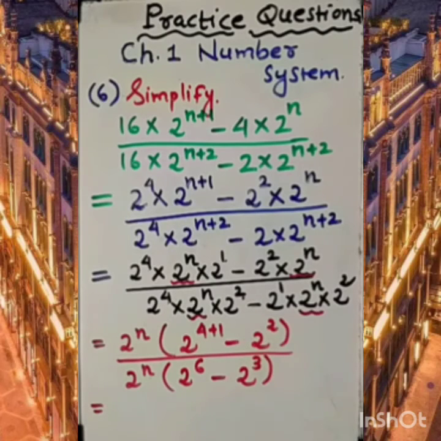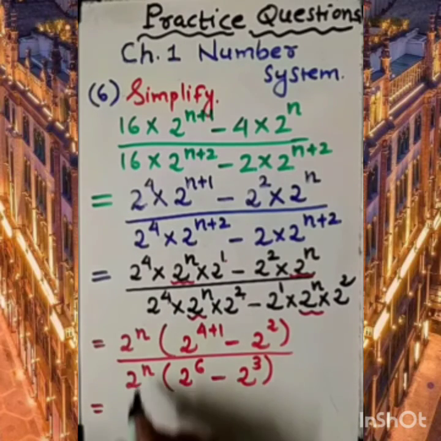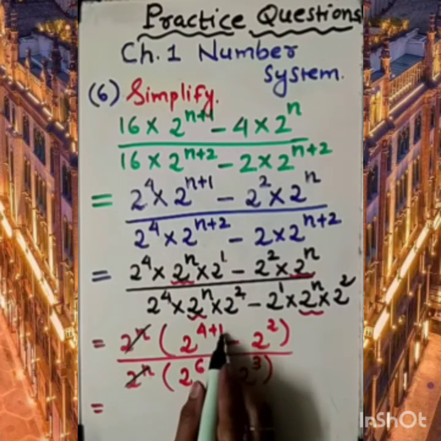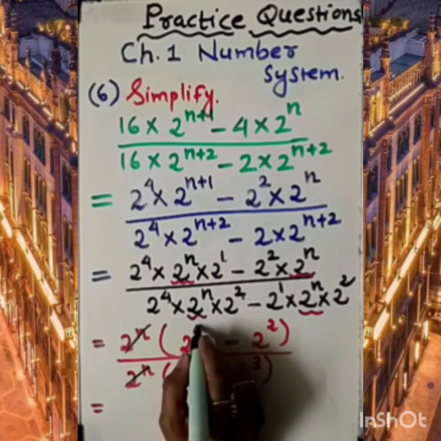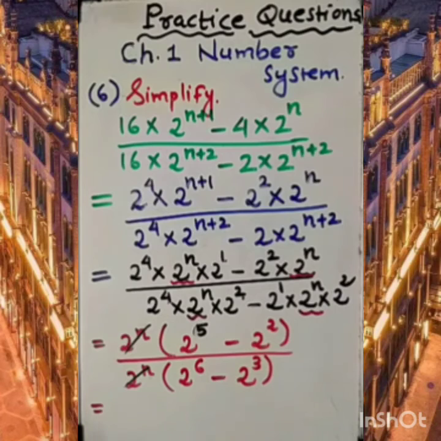So something is common and they are same in numerator and denominator. So let it be. Now here 2 to the power 4 plus 1. 4 plus 1 means 5. Simple, directly also I can write here 2 to the power 5. And we know 2 to the power 5 is 2 into 2 into 2 into 2 into 2. 2 twos are 4, 4 twos are 8, 8 twos are 16 and 16 twos are 32. 2 to the power 2 is 4 upon 2 to the power 6, and 32 is 2 to the power 5.